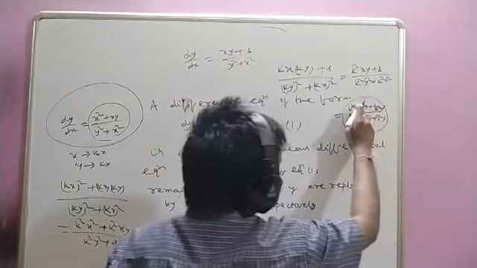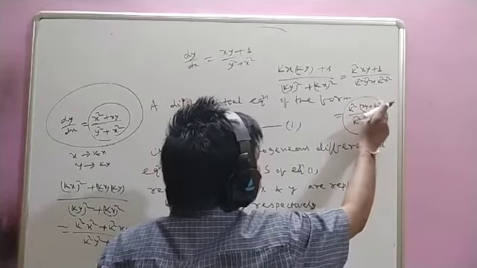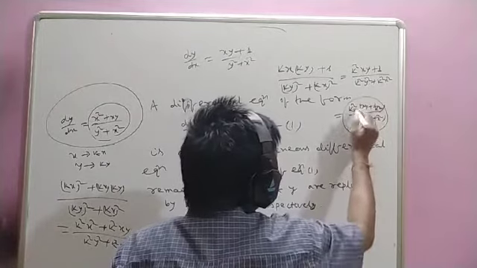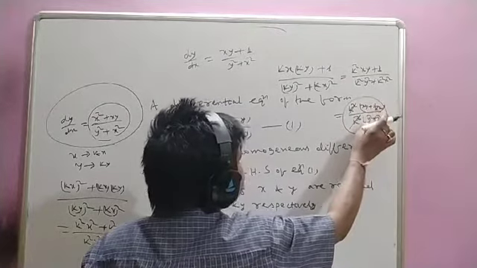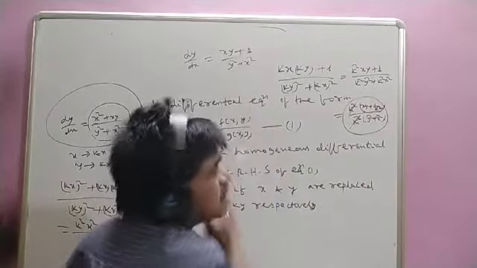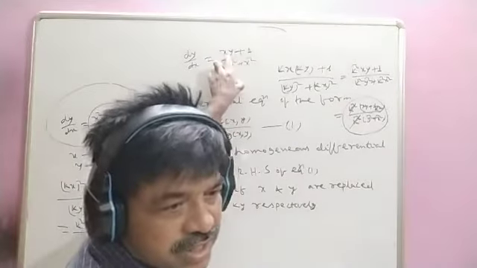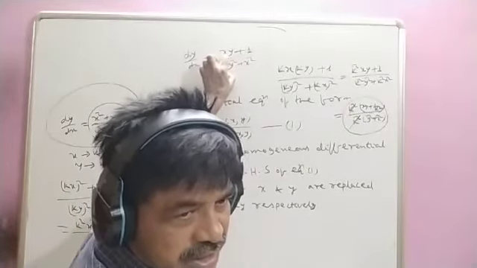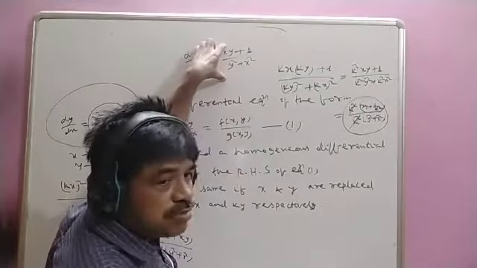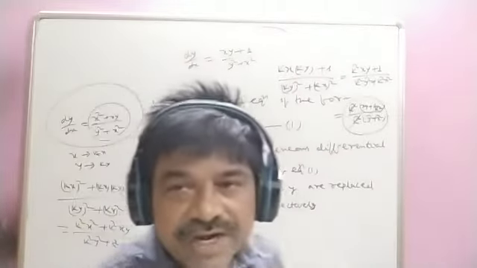xy plus 1 by k square, because k square into xy, this one will multiply, k square with this is 1. So then k square get cancelled, so it is xy plus 1 by k square by this, but here it is xy plus 1. So here you are not getting the right hand side same. It will replace x by kx and y by ky. So this is not a homogeneous differential equation.